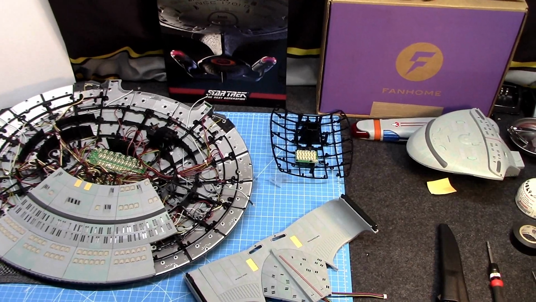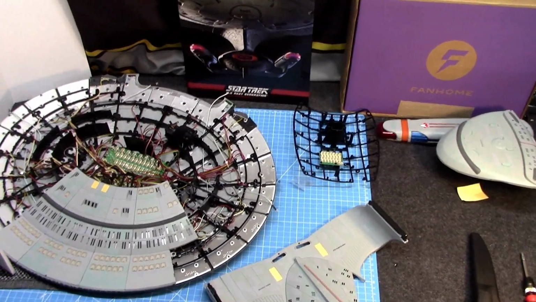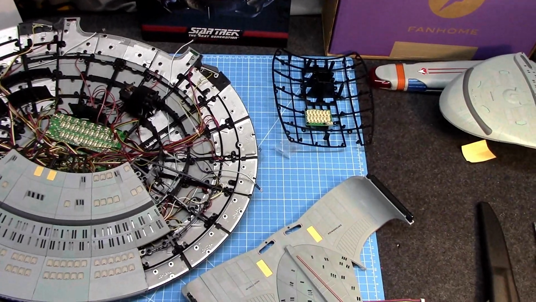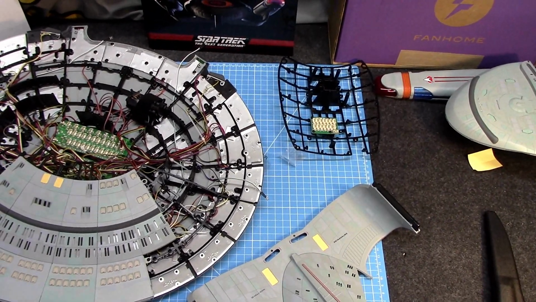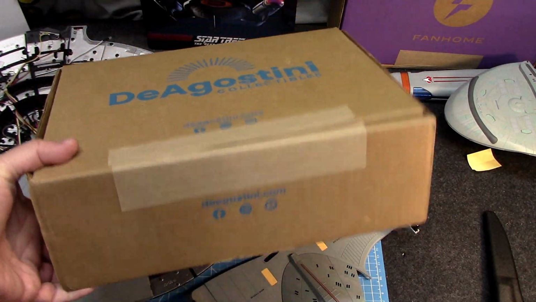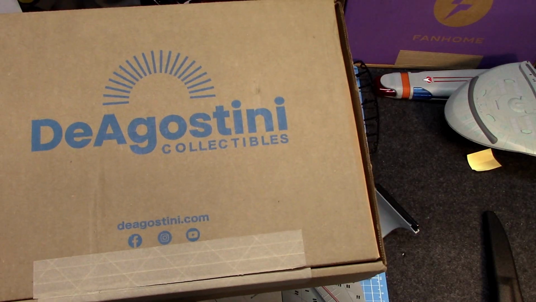We are back. Fanhome, build the Enterprise-D. Last one we knocked out was book 19. As usual, several boxes have stacked up. We got box 20 here in a